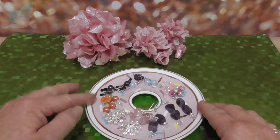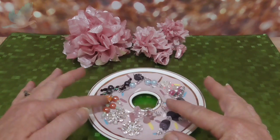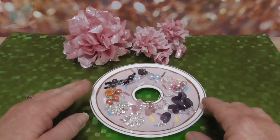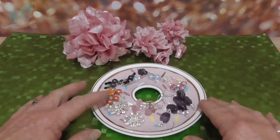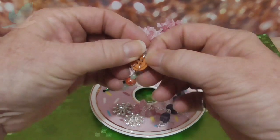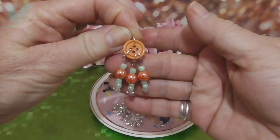So I have minimal equipment. I did delve into some jewellery making, just basic fish hook earrings and things, and some polymer clay jewellery, which I'll show you another day. But I came across Happybird's Glitter Nest channel, and she made these beautiful dangles. I think I've seen it on a couple of other channels as well. And these are great